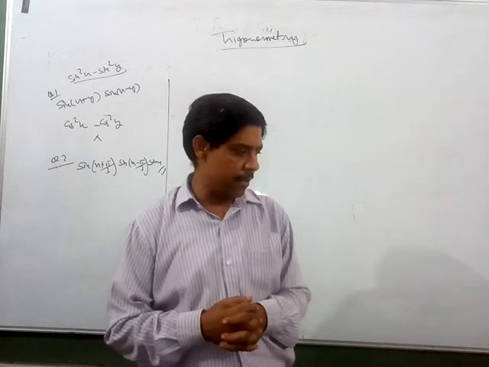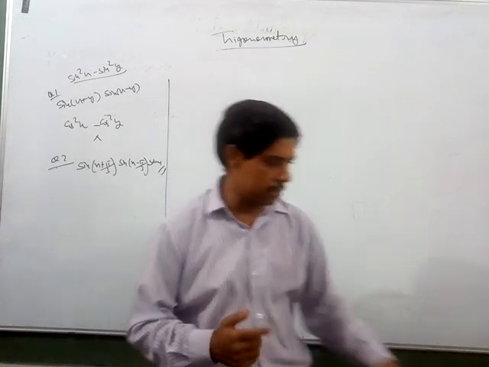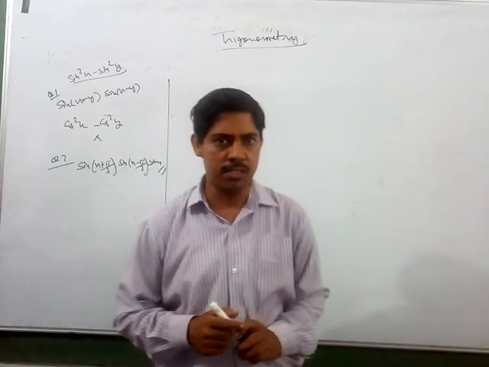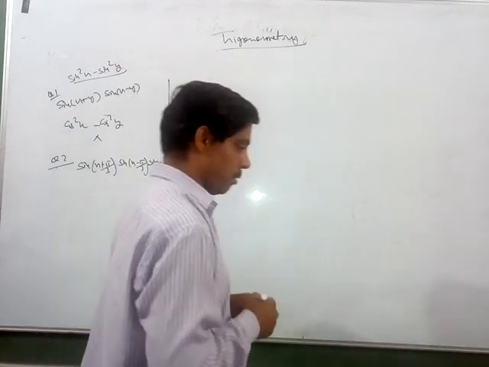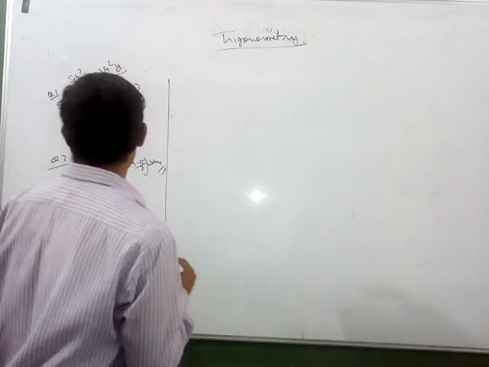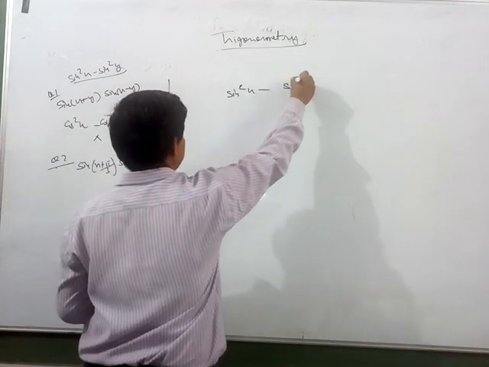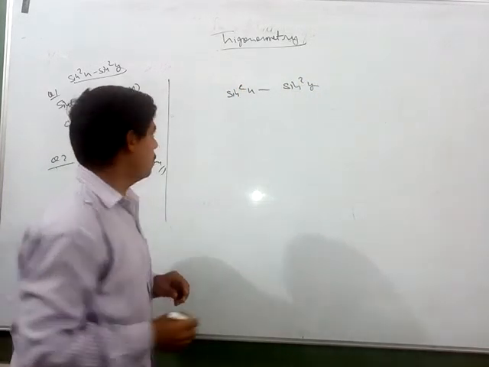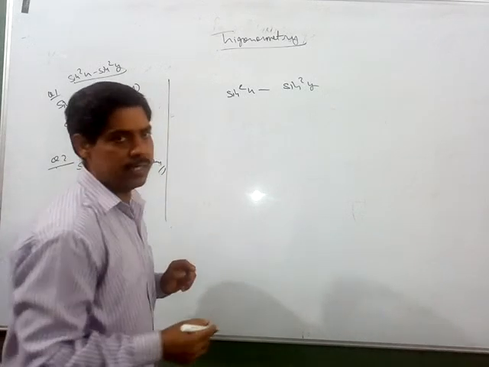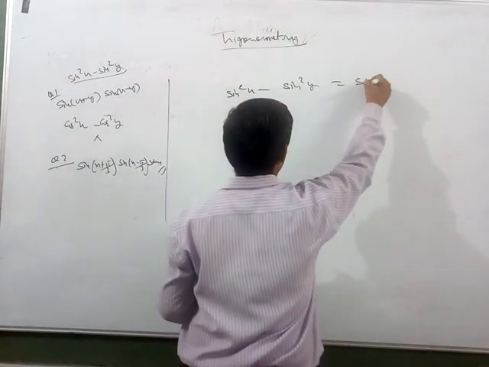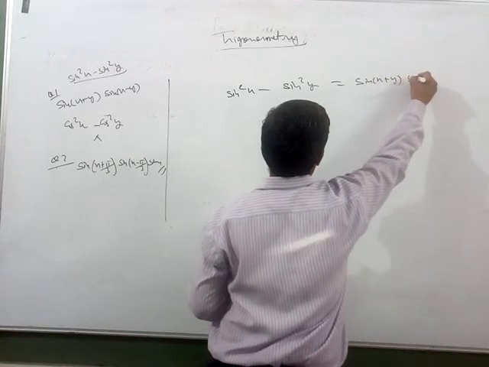We are doing trigonometry, and in the assignment, some of the students have not been able to do these two questions. So, let's do those questions one more time here. Question number one is this: sin square x minus sin square y. I told you to prove it equal to sin(x plus y) sin(x minus y). This you have to prove, right?